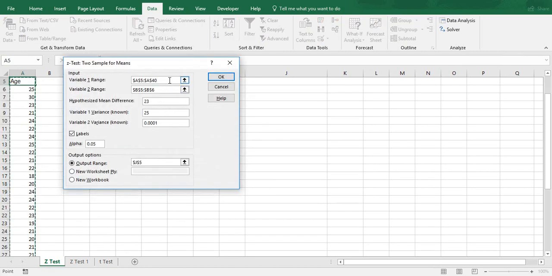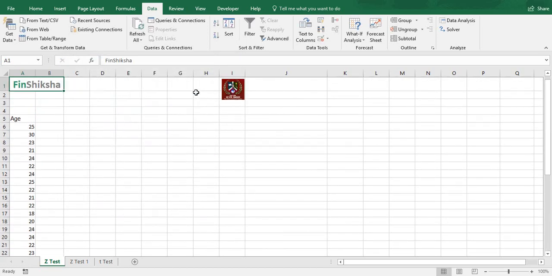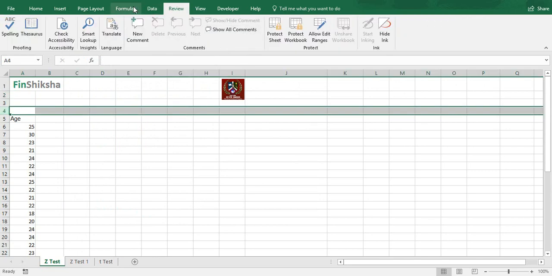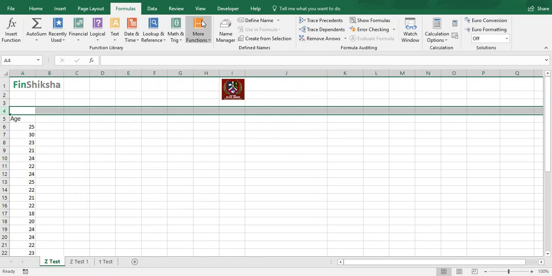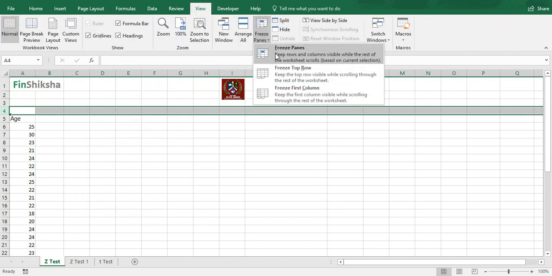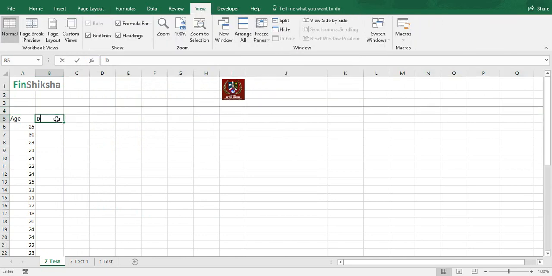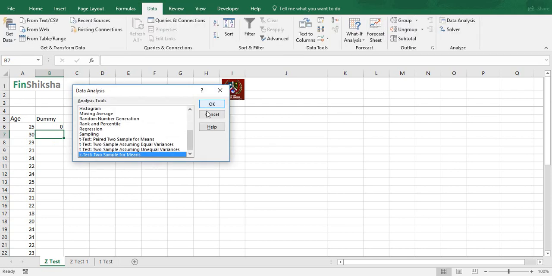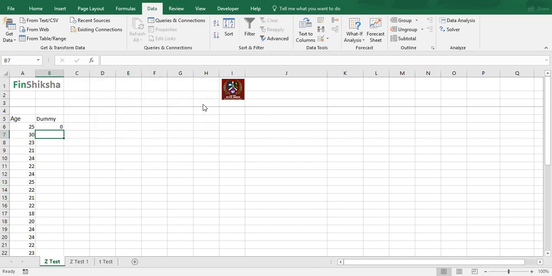Before that, you create a dummy variable over here, which is over here dummy, and only one value you have to put, which is 0. So now click on data, click on data analysis, click on Z test, which is the last option, click OK.